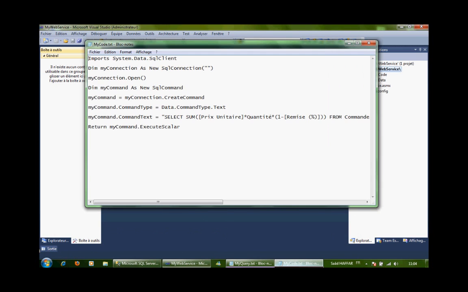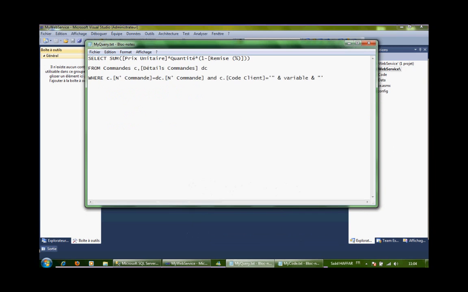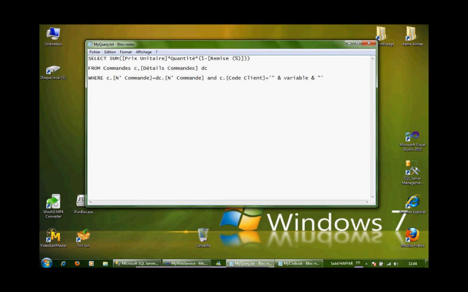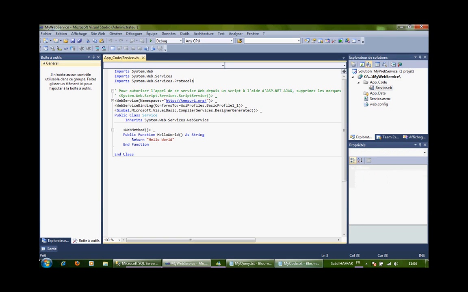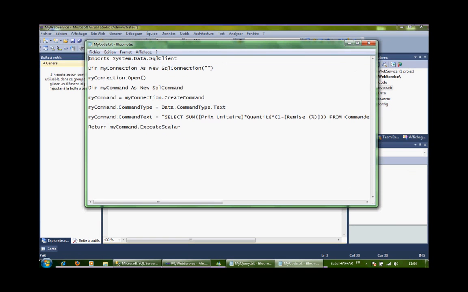As you can see, Visual will load. So to calculate the turnover of a client, we have to set a query that will do that. So I already created it here, and for unit price I put between brackets because it contains space. So we return to Visual Studio. Here I'm gonna import SQL client,